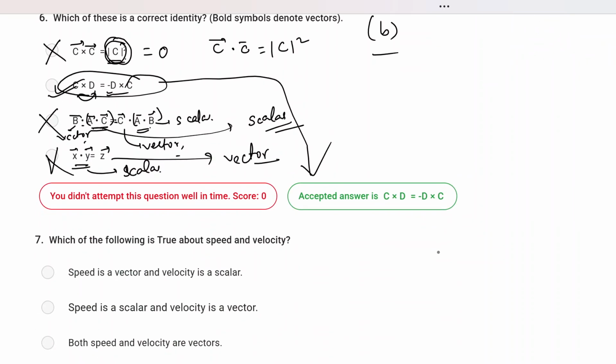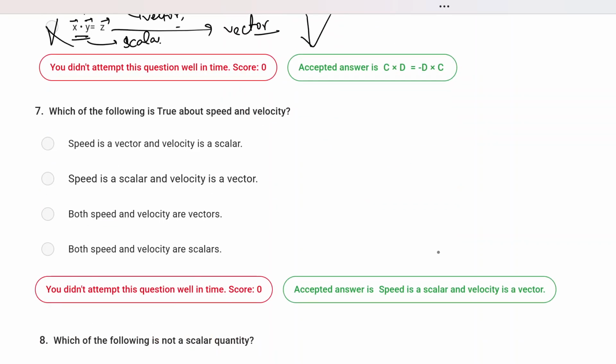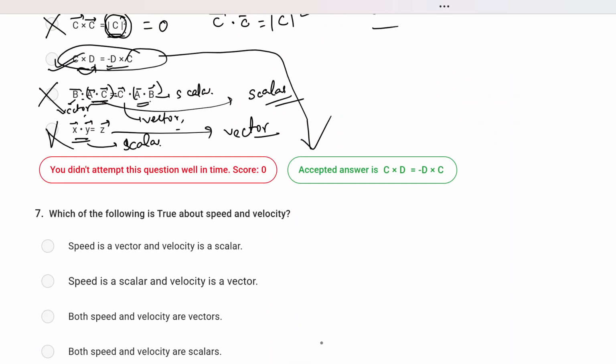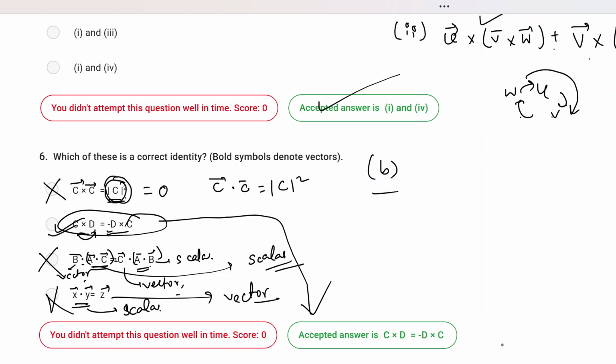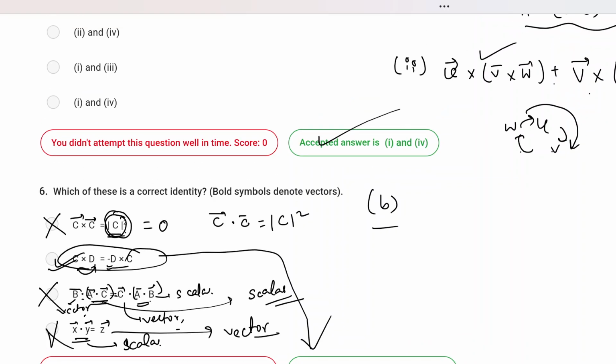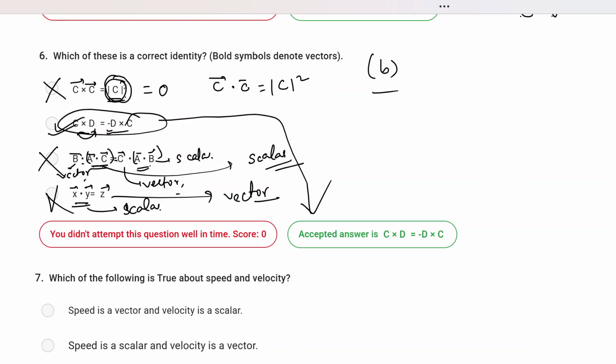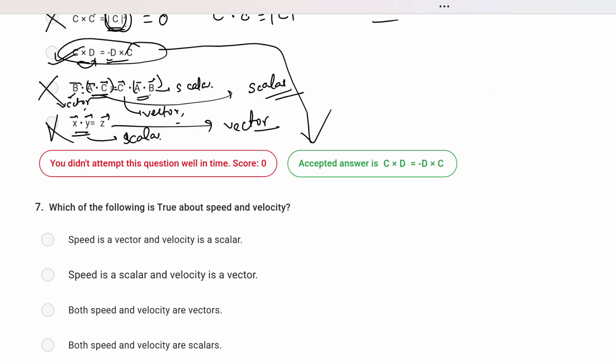Okay, so we are almost at the end of the session. The last two questions are just conceptual questions. Let us finish them and then we'll keep some time in case you have any doubt in the previous calculations. If I went too fast in that part, I don't know.